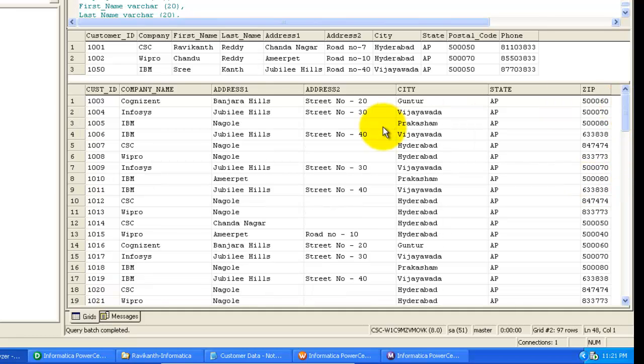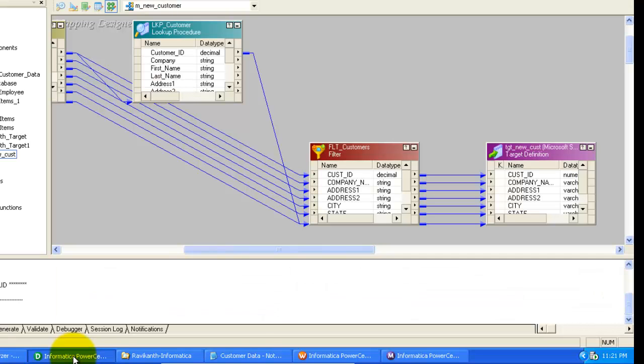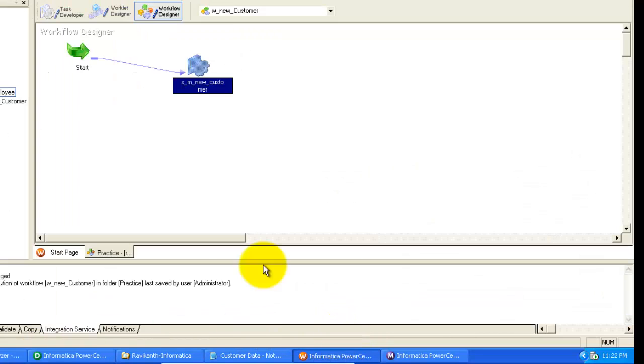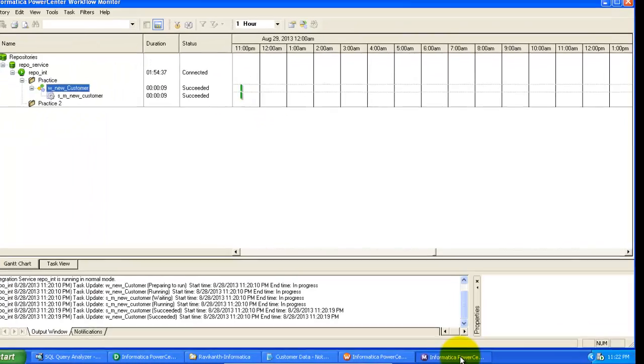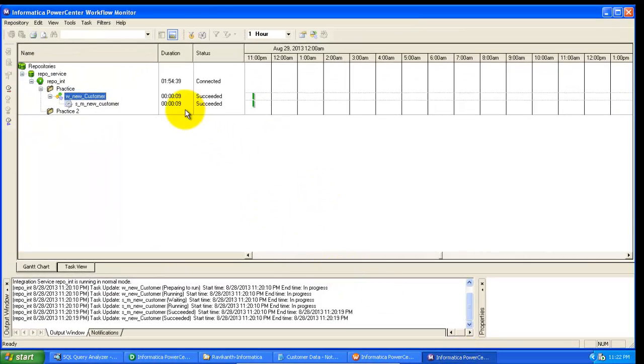Okay, so all the 100 records are loaded successfully without any issues. I think it took not more than 10 seconds to load all 100 records by considering the business rule.